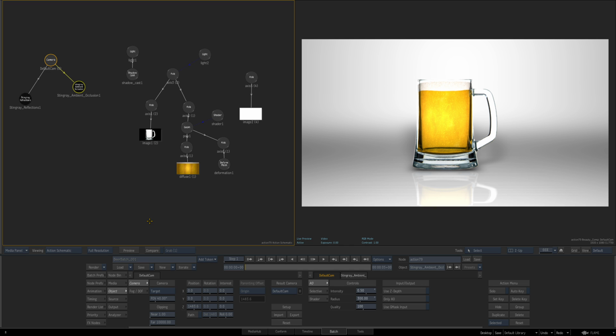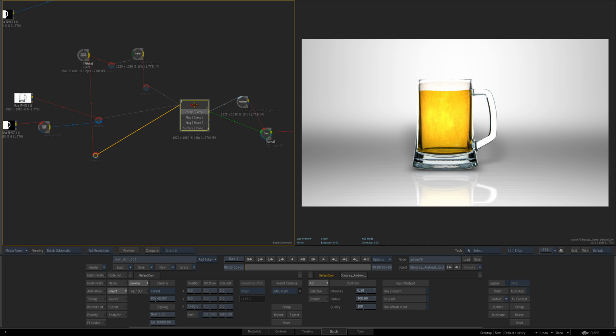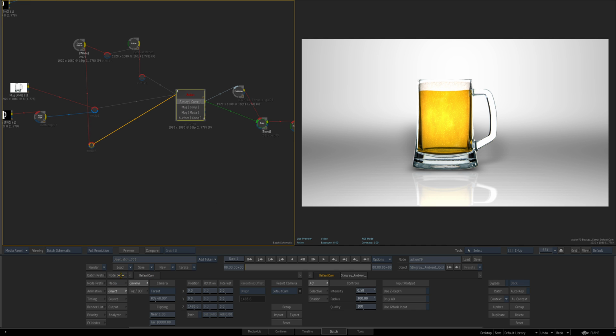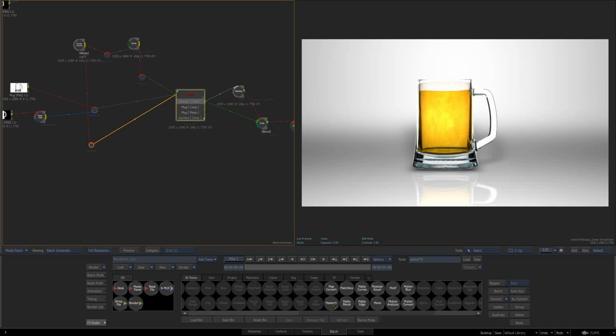You could actually use the Matchbox inside of Action for the sweat. It works a little bit different inside of Action versus outside, so I chose to use it outside my batch. So I'll show you the way it works, and then I'll talk about why I broke out the action into different render passes. So let's go back to our effects nodes, Matchbox here, and just bring in the